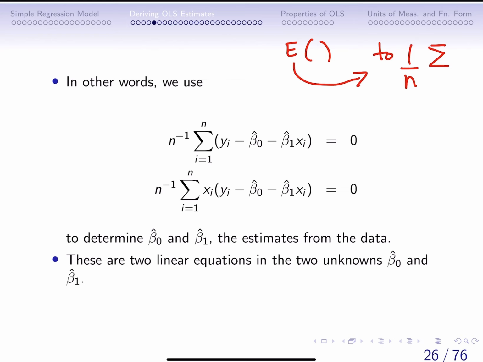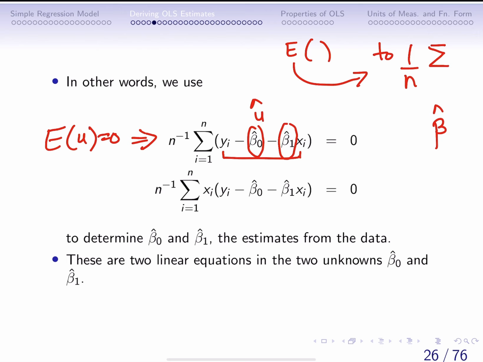So the expected value of u equals 0 can also be written as this, where this guy right here is just u, and u hat because we are trying to estimate these. We're trying to get at the estimates. So whenever you see hat written on beta naught or beta 1, we're basically talking about estimates